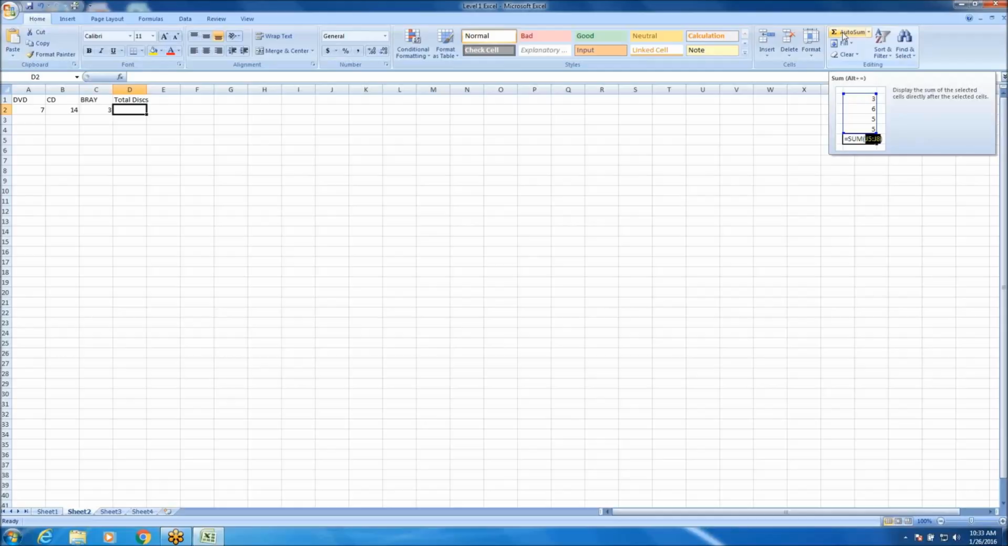It says display the sum of the selected cells directly after. So basically it's going to try to auto sum things for you, grab data for you, and auto create the formula for you. And it's going to show you a different way how to do it too, instead of the way I showed you earlier. So I'm going to click that,